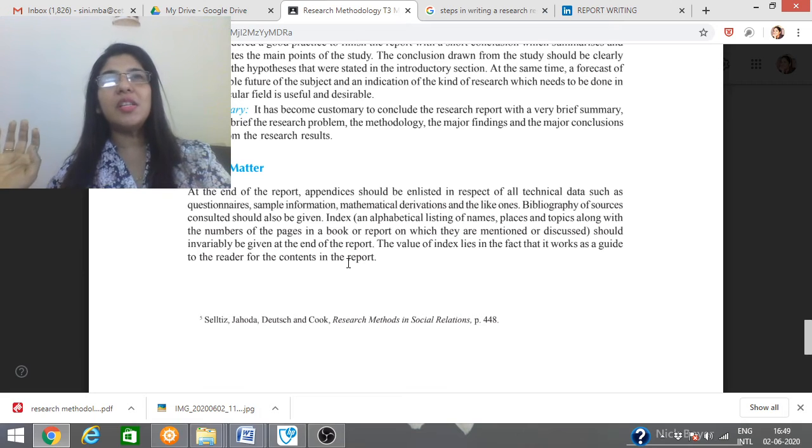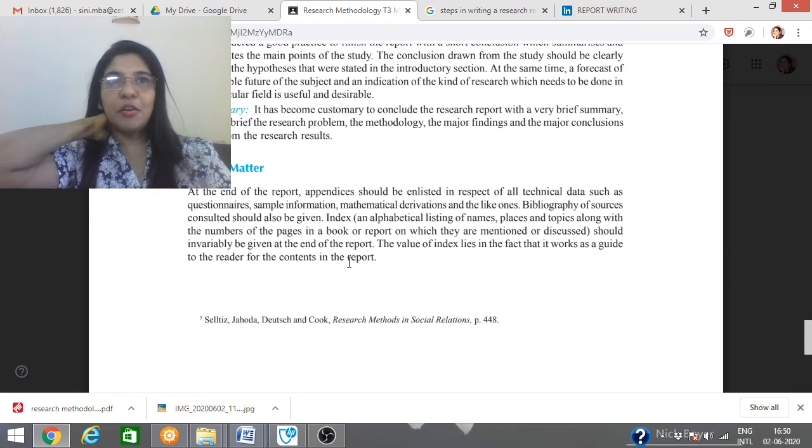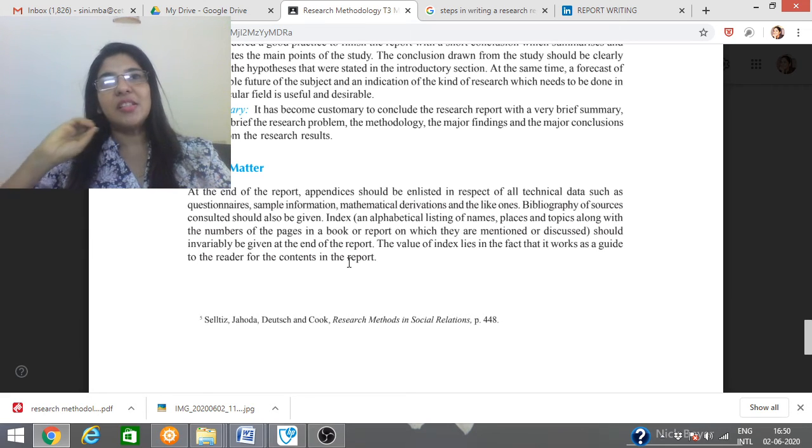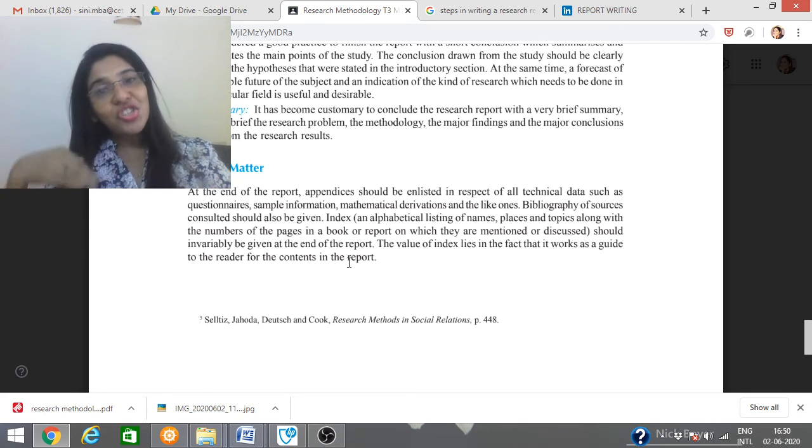When it comes to our project, we have the questionnaire, we have the bibliography. Then we may have the mathematical equations which we developed, etc. which should also come as the appendix. For financial projects, we will be taking the balance sheets. If you have taken the balance sheets and are doing an analysis, the balance sheets should be put up as an end matter.